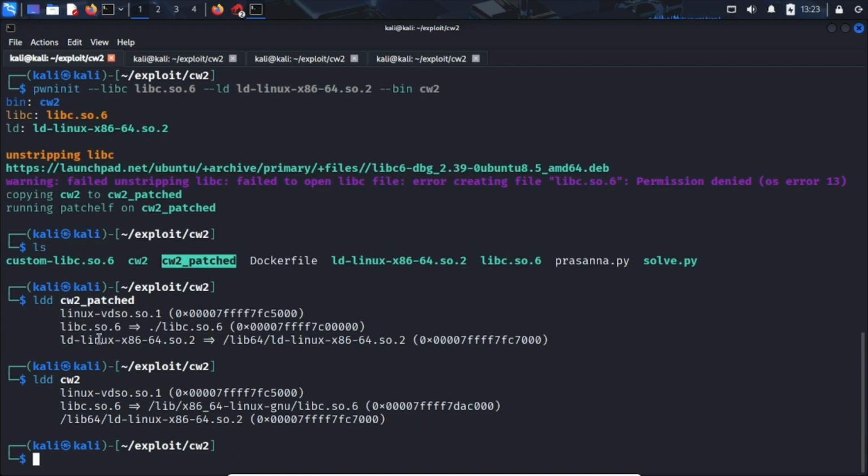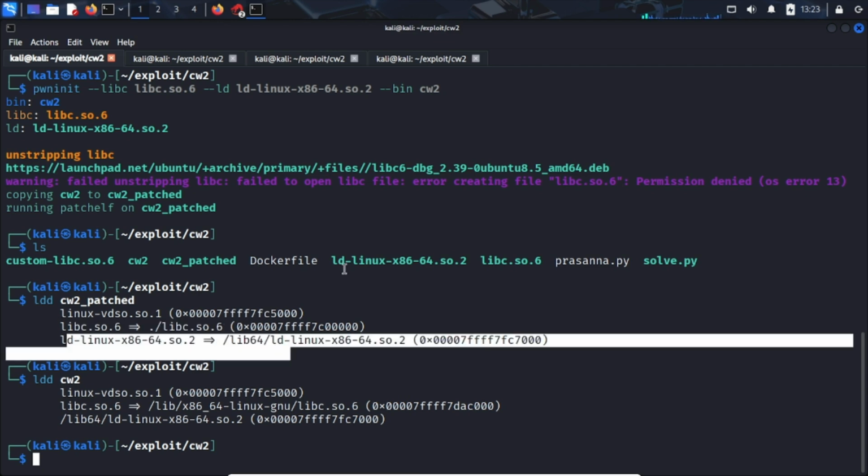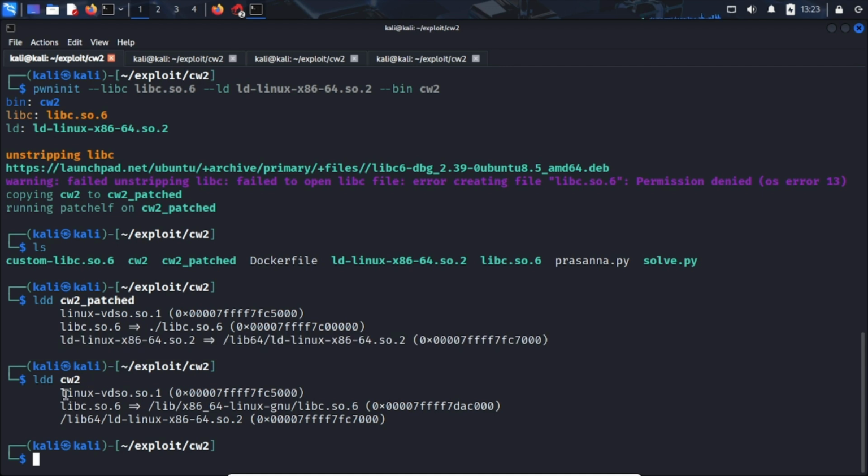So here we can see the file which is patched uses the libc from our custom library and the LD from the same. However, the Coursework 2 file which was not patched, the initial file, uses the system libc. So moving further,